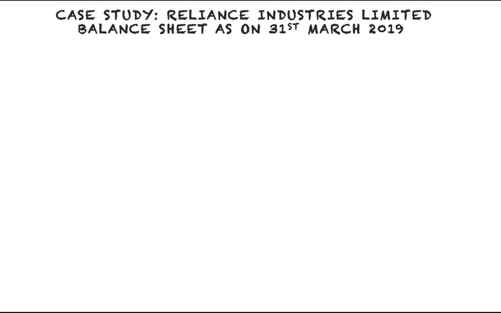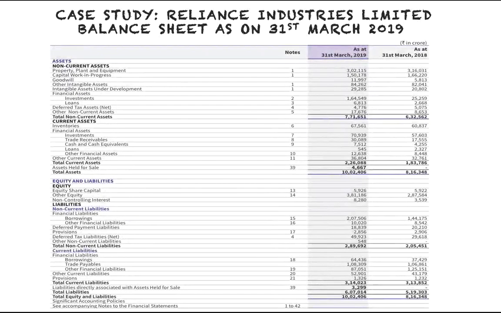So let's quickly go through the case study of Reliance Industries Limited, one of the biggest conglomerates of India. Balance sheet consolidated as on 31st March 2019, the way we did for P&L of 2018-19. Pulled it out here. Top 5 lines we'll read together. They put assets on top, and the first item under assets is non-current assets, which shows top 5 rows together, we can add them up. These are property, plant, equipment, capital work in progress, goodwill, other intangible assets, intangible assets under development.